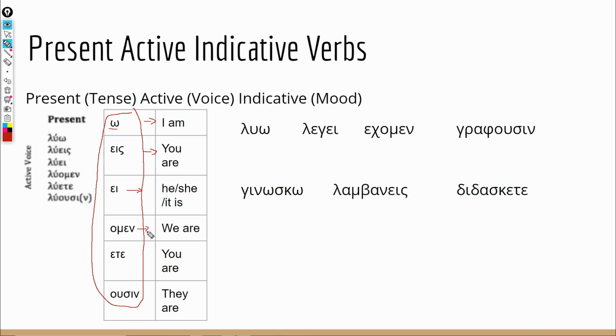Omen is first person plural, so if we could draw a line here. Above this is singular, below this is all plural. Ete, right here, this is second person plural, so when you say you are, this you is being used in a plural way. Okay, so like you group of people. And then usin is simply third person plural, which we translate to they. Okay,